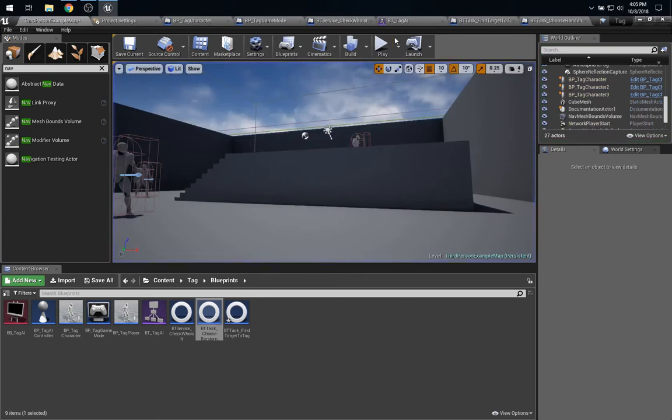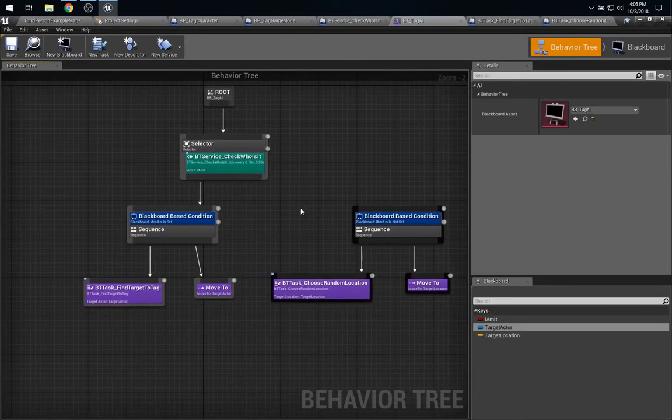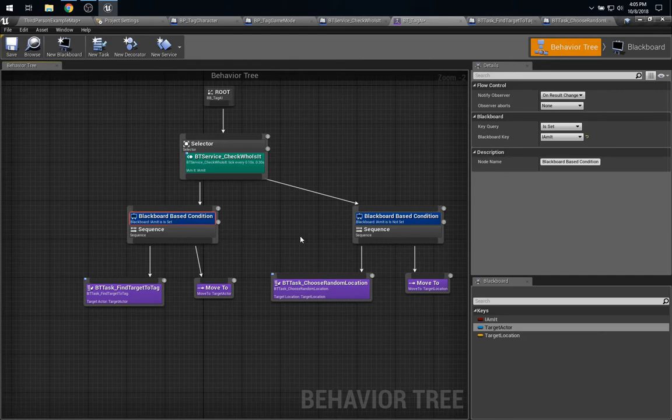Well, because that's exactly what the behavior tree is telling him to do. It says find somebody to tag and move to it, but that's regardless of the fact that I'm currently it or not. What we want to happen is when my state of being it changes, we want to reevaluate the behavior tree. So let me show you how we can do that. And this is one of these things that, there's some great tutorial videos of behavior trees from a couple years ago, and the UI has changed and the default values have changed. And so it can be a little difficult to find the right